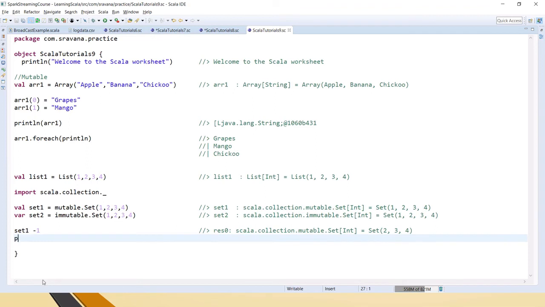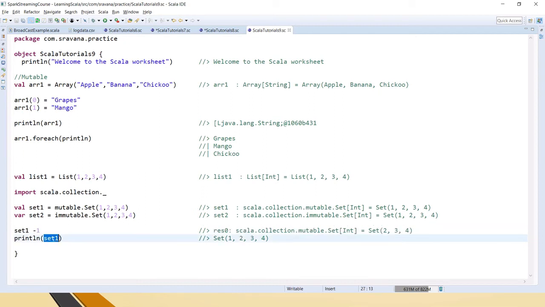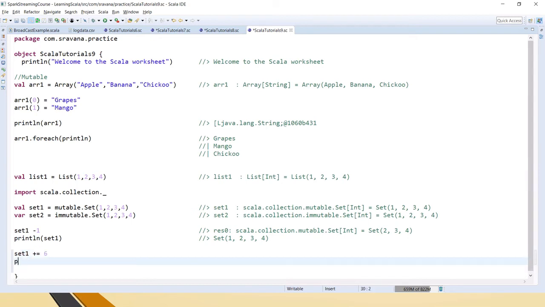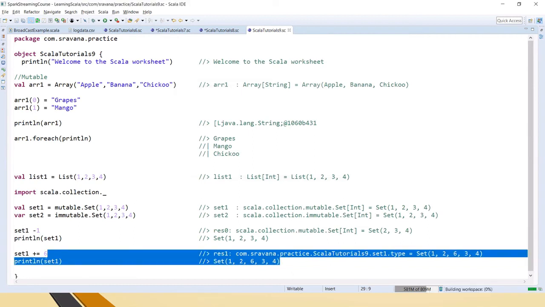But if you print this set1, it will have the initial values only. So if you change it, it will be there only for that particular instance, whereas the main content will not get changed. If you want to do that, then you need to use these operators like this. If you use this operator and then do println, you can see here, right?